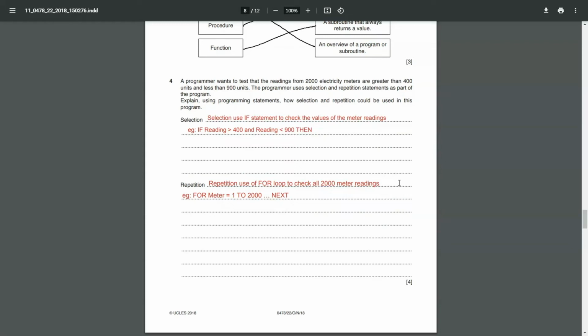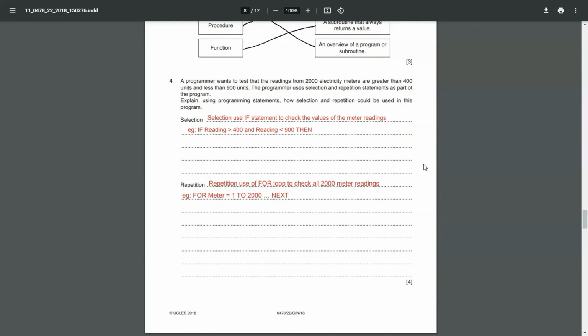So repetition is nothing but iteration, or doing a particular thing again and again. The use of repetition in this question is that the programmer wants to test 2000 electricity meters. So he can't just read all those values from the electricity meters at once. He has to go one by one.